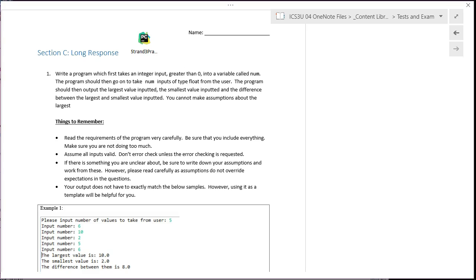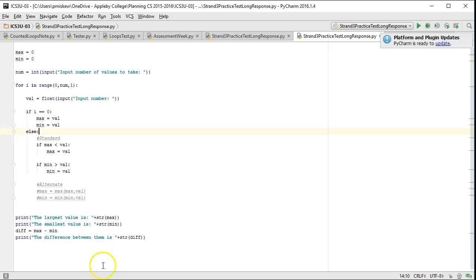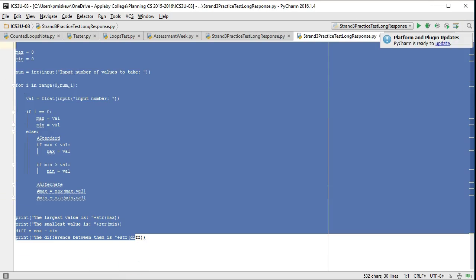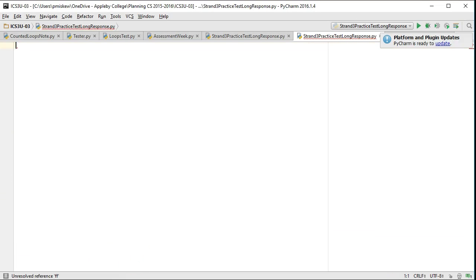Alright, so I already have a solution coded up here, so I'm going to pop it up. I'm actually going to delete it, and we're going to start again from scratch. The first thing I identify about this question is that it's saying we're going to take an input n and take n inputs. So since we know in advance how many inputs we need to take, the best choice here